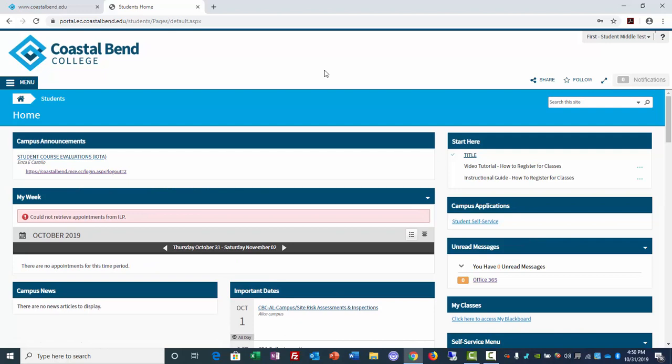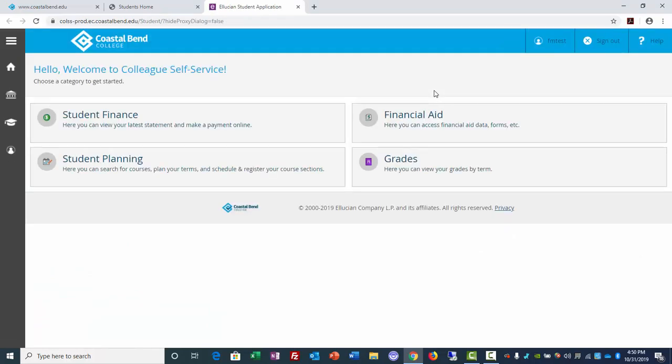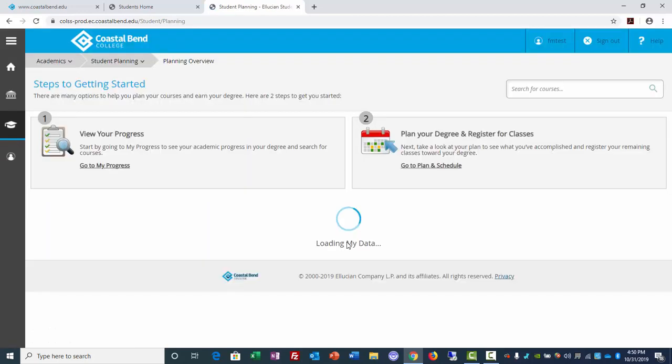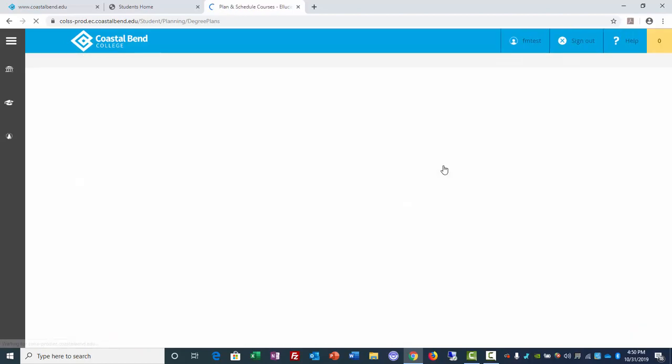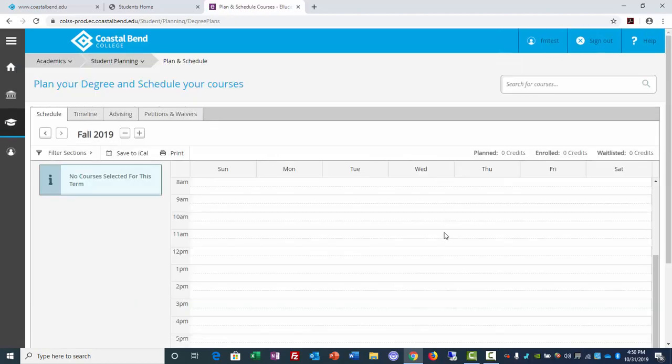And immediately in the student portal on the right side, we're going to find student self-service, which takes me into student self-service. We're going to go into student planning. And about right here toward the right, you'll see go to and plan a schedule. And we'll sign up for a couple of classes. Obviously, sign up for whatever you need to sign up for, or what your advisor recommends or advises you to